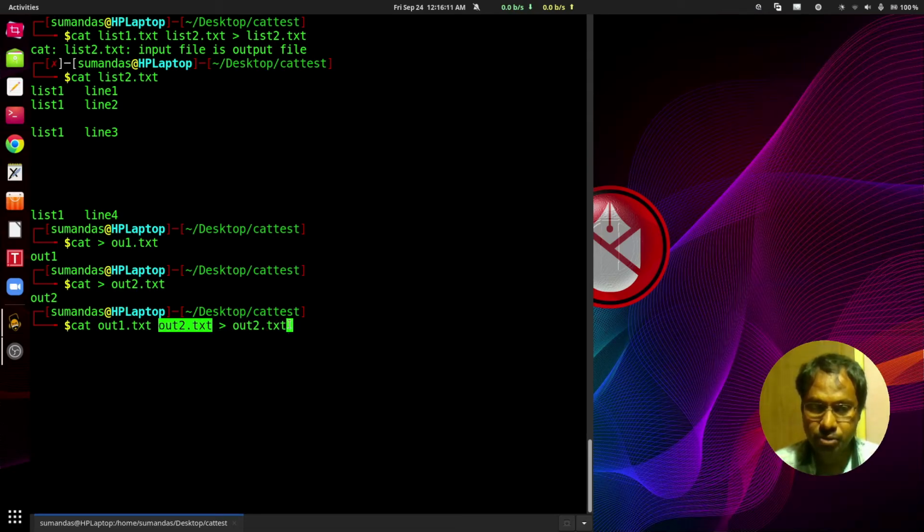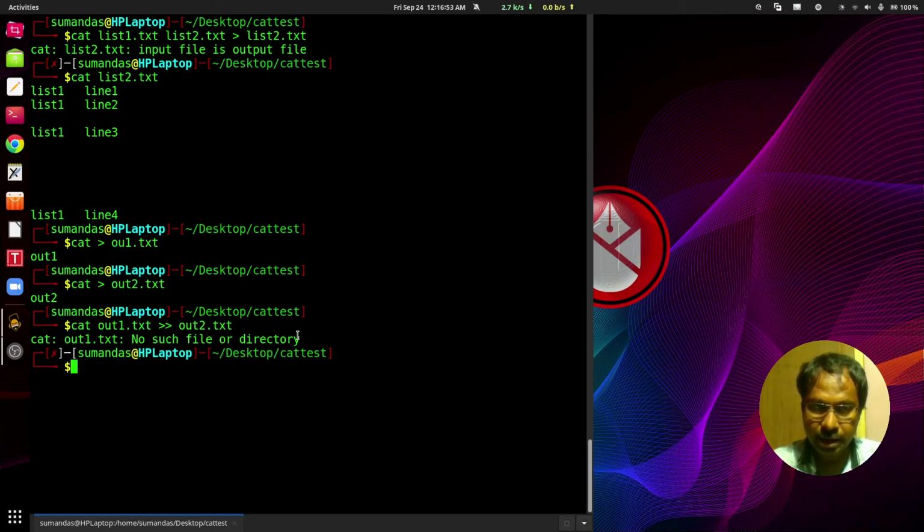To overcome this problem, we can append, like using two angle brackets. So the content of the out1.txt would be appended to the out2.txt. Let's check what happens.